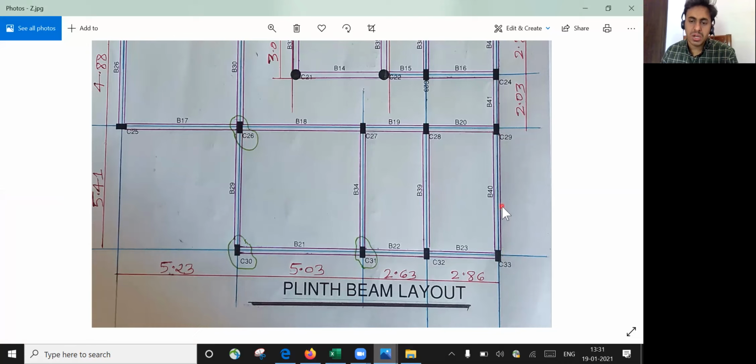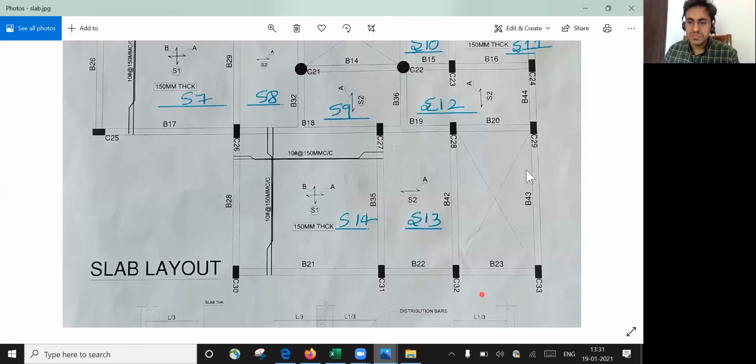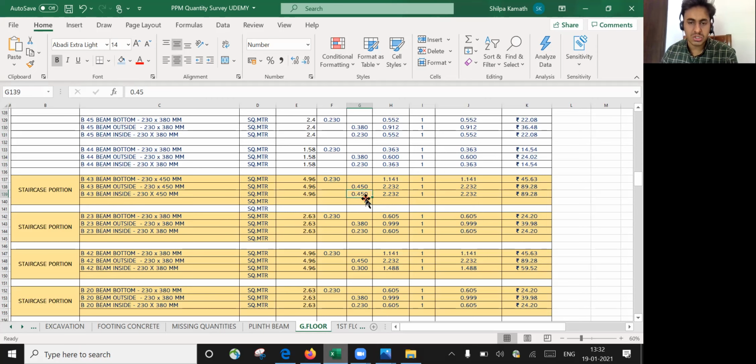Coming to the beam outside, since it's outside shuttering, it will go to the full depth. So the depth is 450 mm. So it will go to full depth of 0.45. Now come to the beam inside. Even though I'm writing it here as beam inside, what I mean is that the shuttering which will come here is outside shuttering, and the shuttering you're going to put here will be my inside shuttering. By the name itself, it says that it's the inside shuttering. Since I don't have any slab here, that shuttering will go full. You don't have to do the deduction. That is why, even though it's beam inside, I've taken it as a full depth of 0.45. It's not a wrong thing I've done. You have to understand the concept.